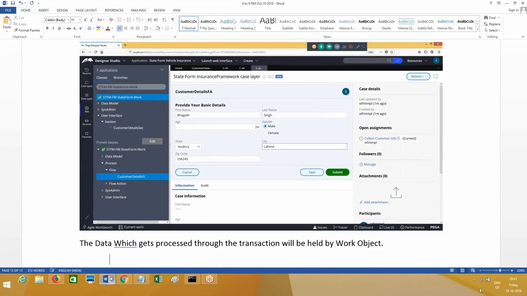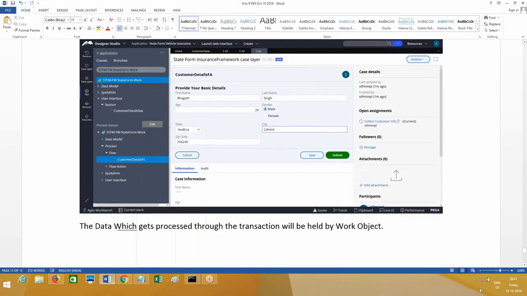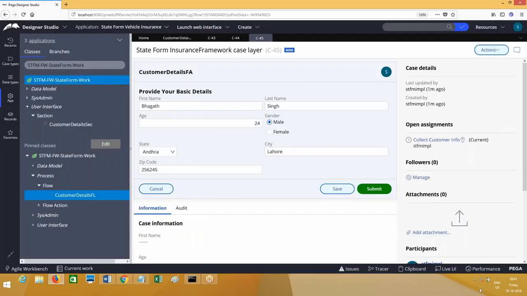What a work object is, I'll tell you later. As of now, understand that a work object is an entity that gets created in the background, which we cannot see with our eyes. Like an object in C++ or Java, if you know, otherwise leave it. A work object is like a virtual entity that gets created in the background. When we run a flow, a work object gets created in the background. So the transaction data will be held by the work object, and on submit, it will get saved into the backend.